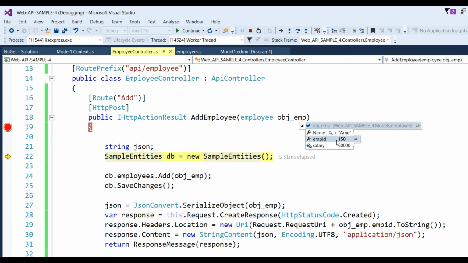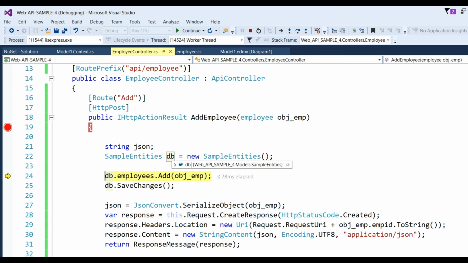And now we need to save this data in the database, so simply I have written some code using Entity Framework: SampleEntities db, make a new object of SampleEntities, and db.Employees, that is the table name, dot Add the emp object which comes from the client, and after adding data in the table we need to save, so there is db.SaveChanges, so our data will be saved.